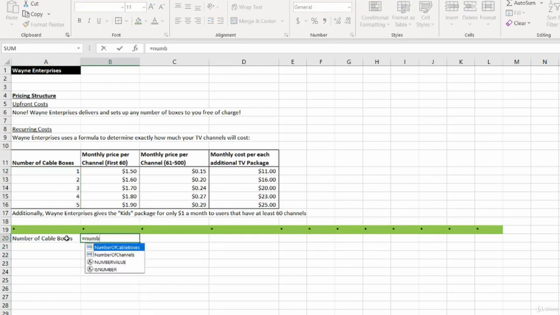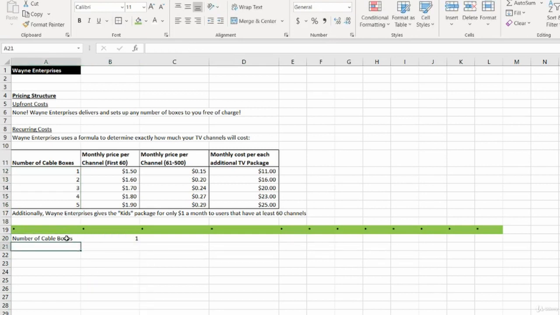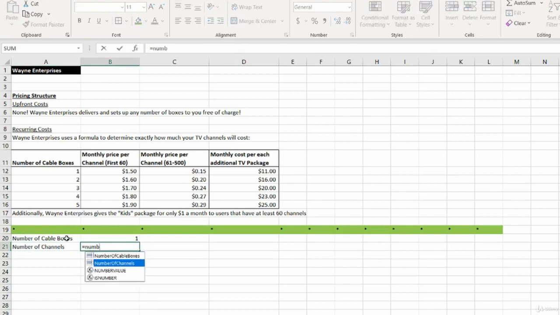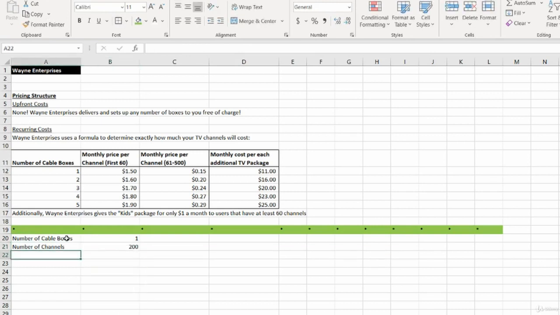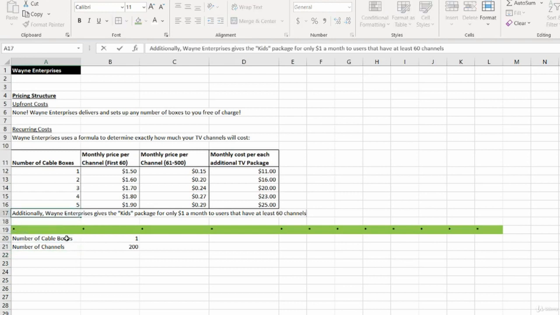That's just equal to the number of cable boxes. We need to know the number of channels. That would be nice to know too. Number of channels. All right. It looks like we need to know the number of packages, and additionally we need to focus on the kids